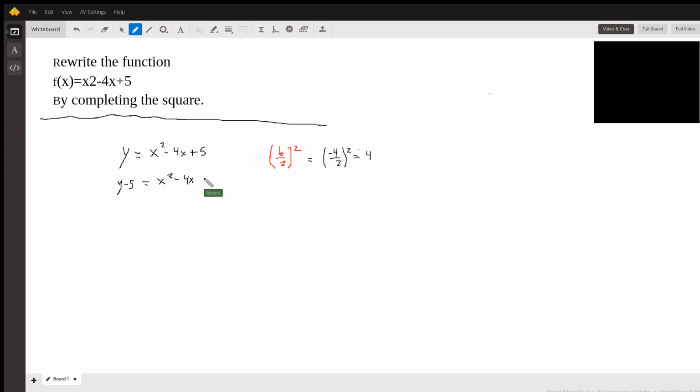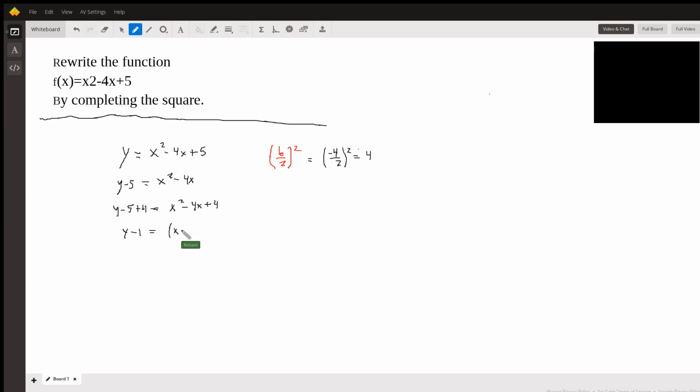And now we're just going to add 4 to both sides. So it's y minus 5 plus 4 equals x squared minus 4x plus 4. And now, because it's an equation, if I add 4 to the right, which is what I have to do according to the formula, I have to add 4 to the left as well. This gives me y minus 1 is equal to,